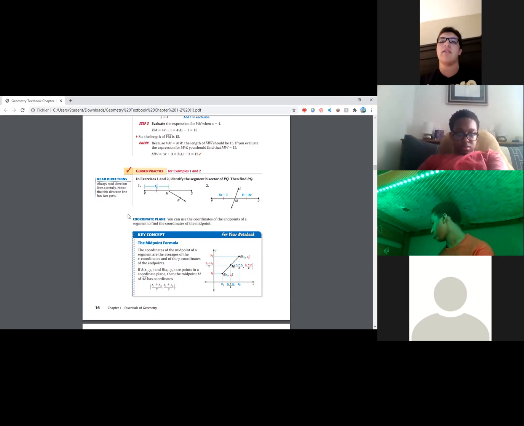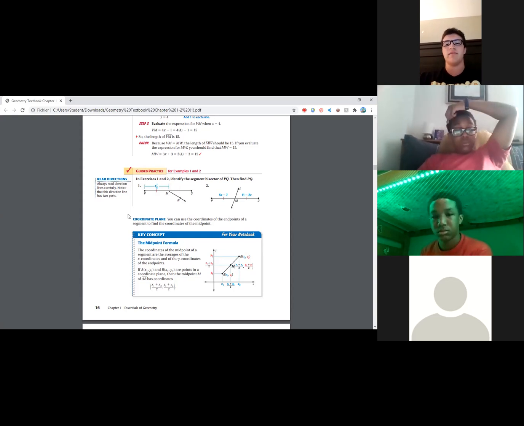M would be the midpoint because it would be in the middle of the line PQ. But when it asks for a bisector, it's referring to a line. Okay. So the bisector would be whatever line divides it in half. Okay, cool. And then